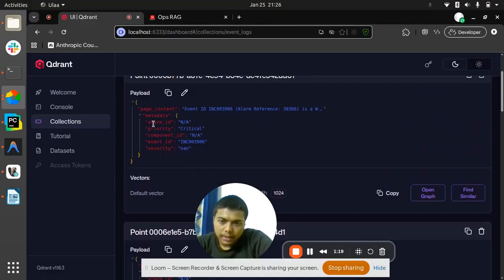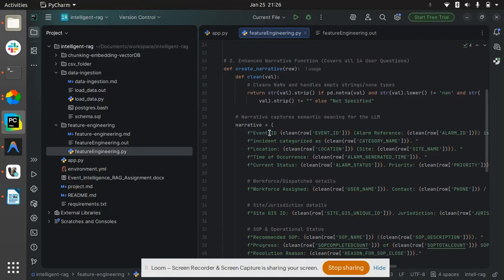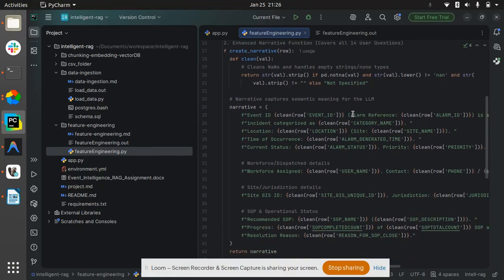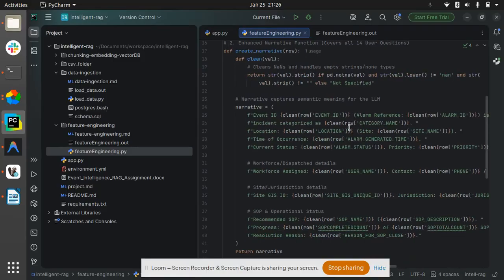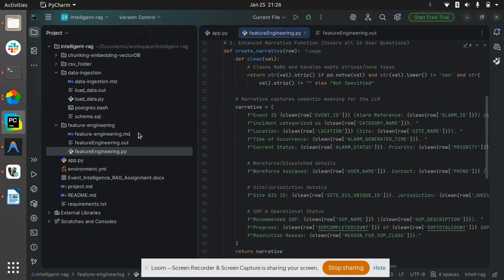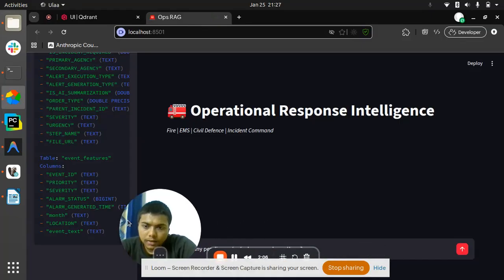In the point metadata we store the alarm ID, priority, component ID, event ID, and severity. And in the page content we save a narrative text. The narrative text is created in this order: the event ID, alarm reference, incident. We use as many columns as we can to create the narrative text. And now we will be asking the question